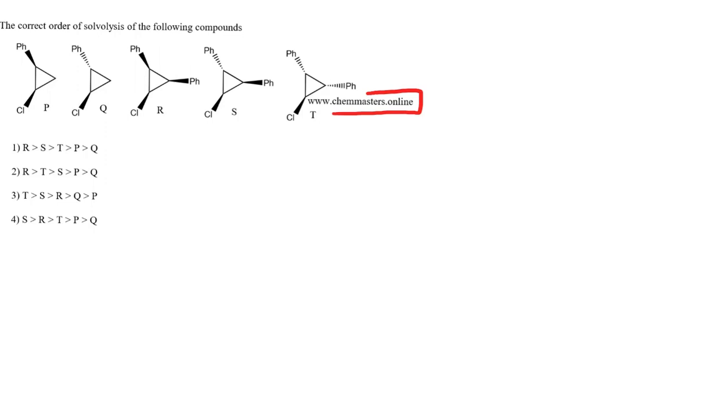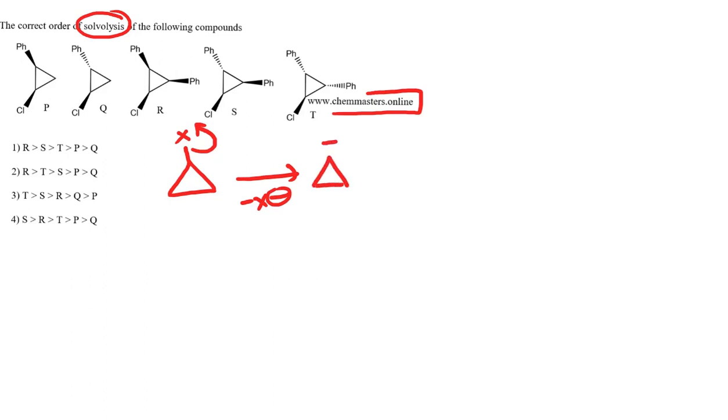And now just look at the given problem. The correct order of solvolysis of the following compounds. To answer this problem, at first we need to look at a generalized reaction of cyclopropyl halide. We can think that in a first step, loss of halide takes place to produce cyclopropyl cation,